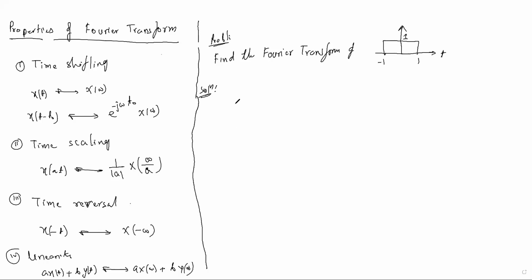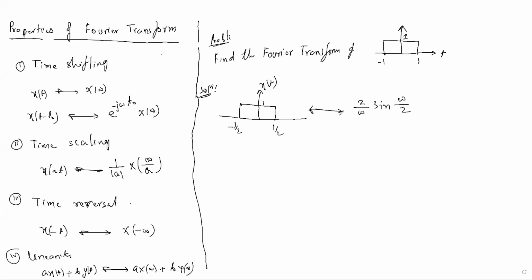So I have given a Fourier transform in the previous classes. The Fourier transform of rectangular signal I have already given and solved. The rectangular signal is represented by -half to half 1, okay? Let me take it as x(t), okay? I have given that the Fourier transform of this signal is 2 by omega sine omega by 2, okay?